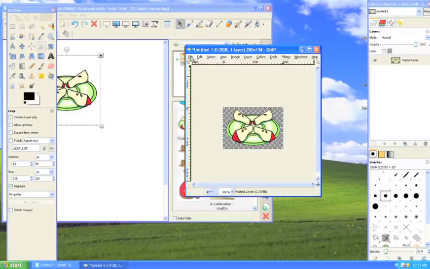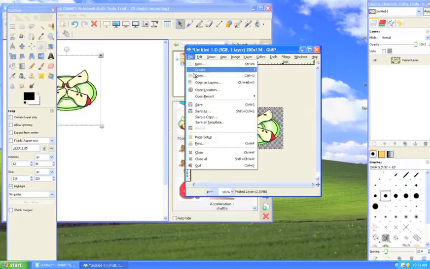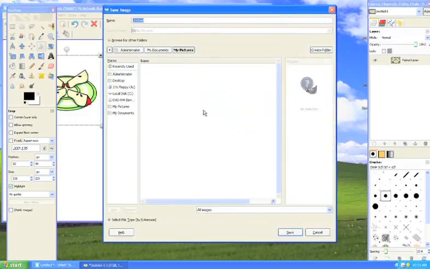Now I need to save my image. I'll go to the File menu, choose Save As, and I'll choose somewhere that I need to save it to. I'm going to save it to the My Pictures folder, but I want to actually create a new folder. I'll create a folder and I'll call this Apples. Inside of the Apples folder now, I'll give my image a name, Apple 1,